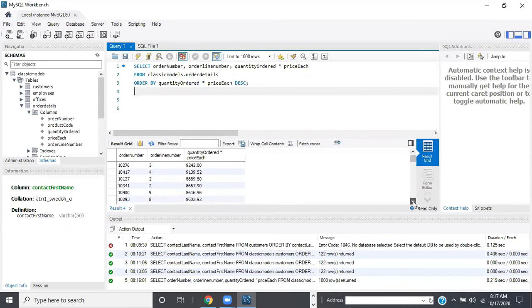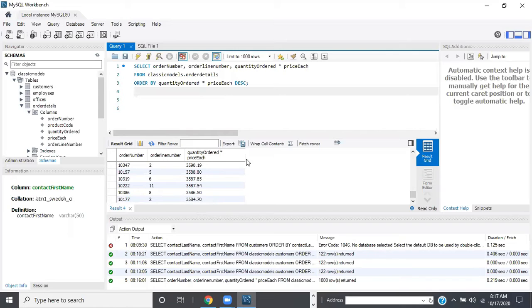And if you look down here, there's a lot of records in here. The way to get down to the bottom of the result set is off to the right here. There's a scroll bar. So just scroll all the way down. There's quite a few records in this result set. So the last result is